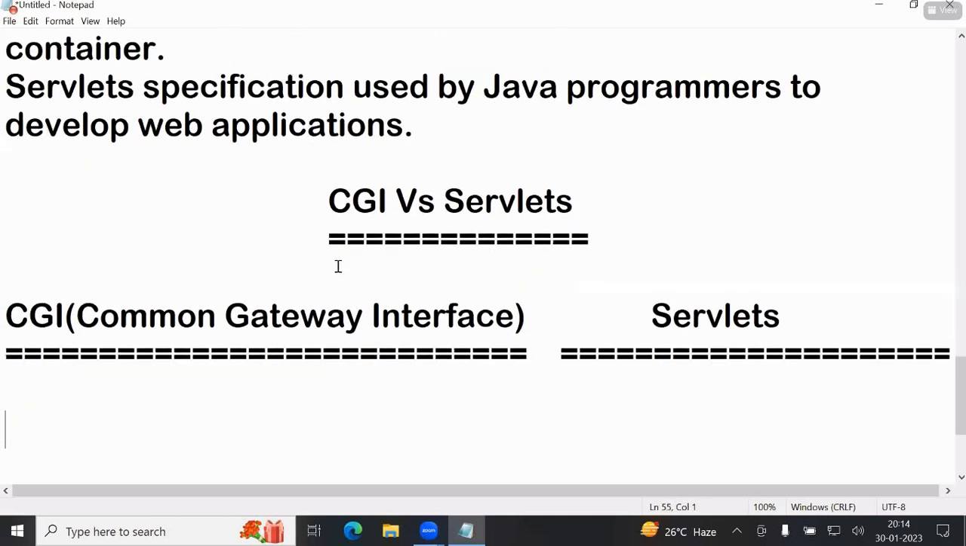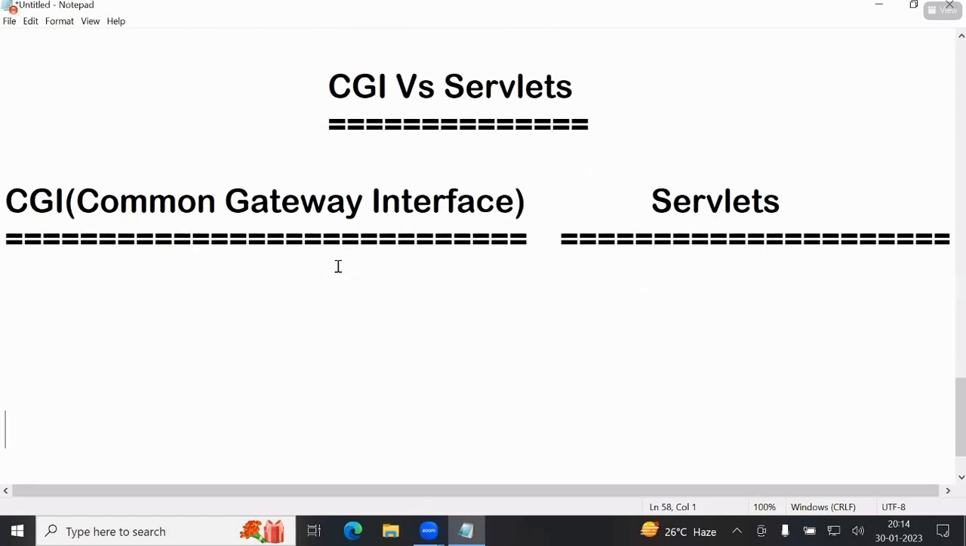CGI versus Servlets. One side CGI, one more side Servlets. CGI stands for Common Gateway Interface. First difference: CGI